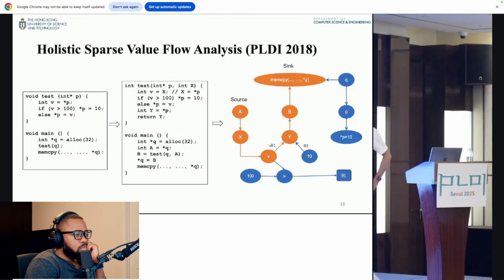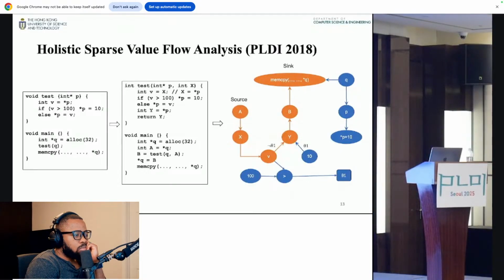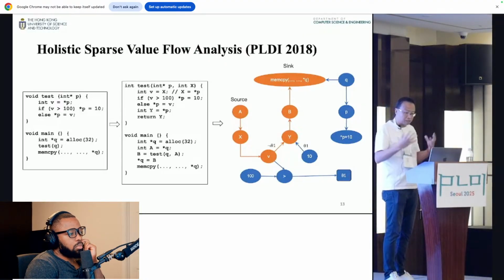But this is basically what the core idea is. So with this graph, you can do CFL reachability if you do top-down, or you can do cloning if you do bottom-up. Right? So it's up to you how to do your search efficiently. But it's purely on demand. There's no pointer to solve.